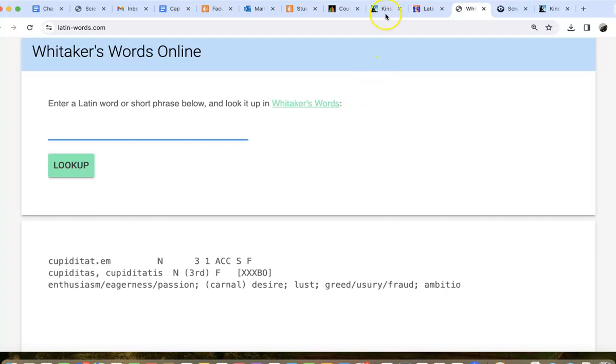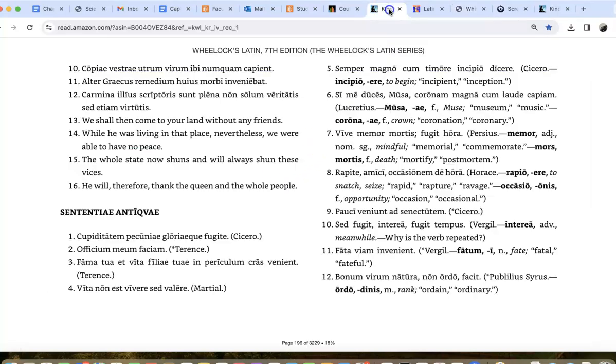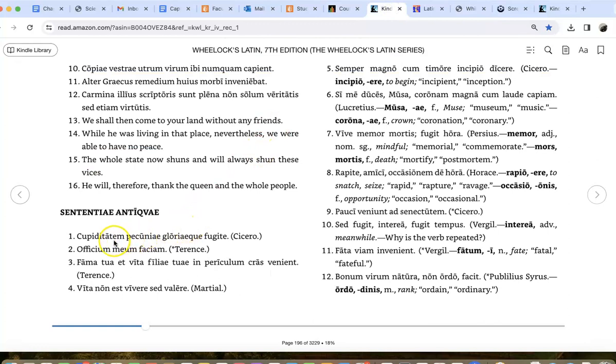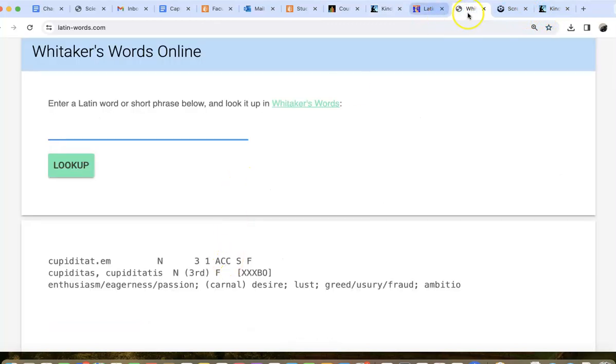capacity to learn, which, let's be honest, is one thing that the value of a university degree demonstrates to potential employers: that you're able to learn and able to stick with something, and those kinds of skills translate into what's called work ethic. At any rate, that's neither here nor there, but you'll definitely want to use this as a source. So notice it ends in -em, and even here on Whitaker's Words, it tells us it's accusative, but